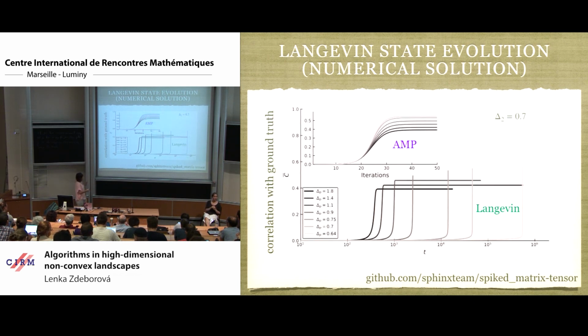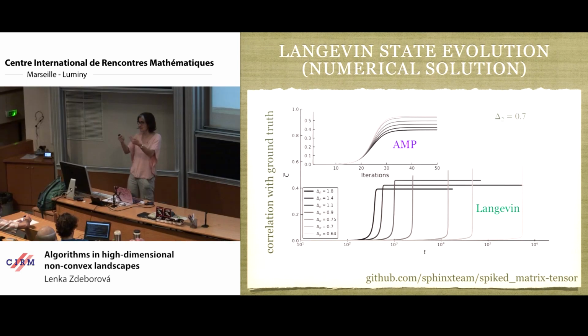With the Langevin algorithm, the lighter curves end up higher, at the very same values as AMP. It's aiming to compute the Bayes optimal estimator. When it succeeds, they both agree. But what is striking here is that for the lower values of the noise, the Langevin algorithm takes longer to get there. And that's very strange, because as noise is getting smaller, things should be simpler. It should realize faster that it can get where it's supposed to get. But here it's exactly the opposite. As the noise is getting smaller, it takes longer. So that's a surprising thing.